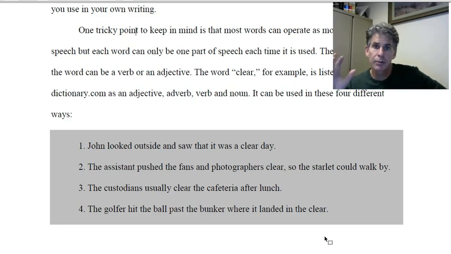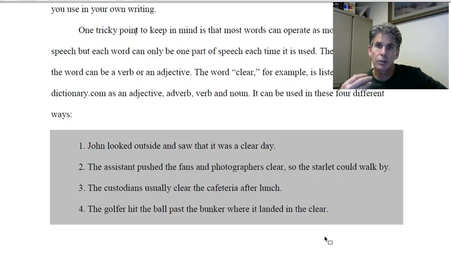So you often have to figure out what the function of a word is before you can determine the form. If you look in a dictionary at any time, you're going to see any single word can have multiple parts of speech to it. You can have a word like hit. Hit can be a noun or it can be a verb. It can actually be an adjective also. So they can occupy different parts of speech, but which one it is in a sentence depends on what function it's following in that sentence.